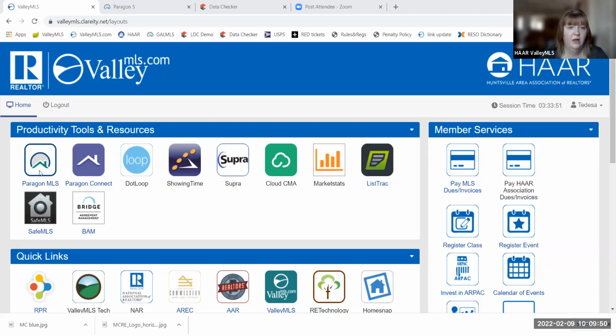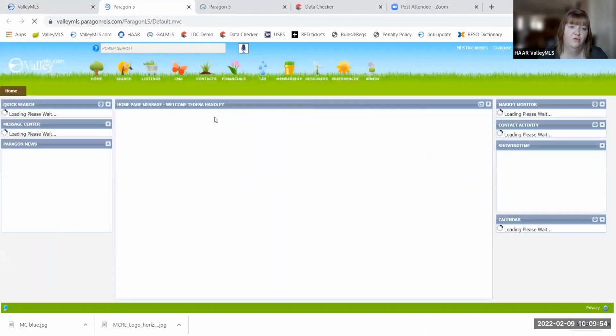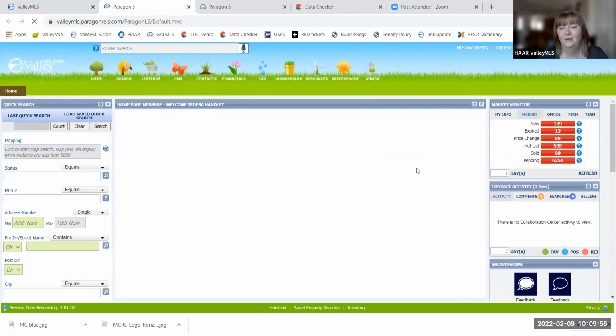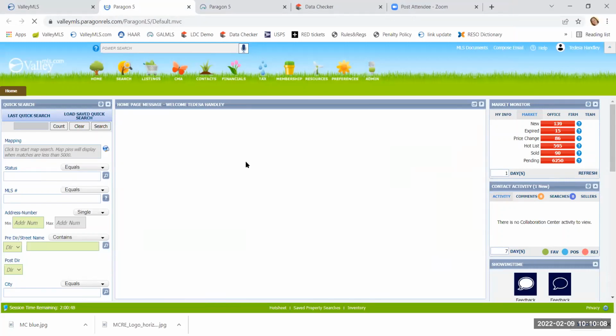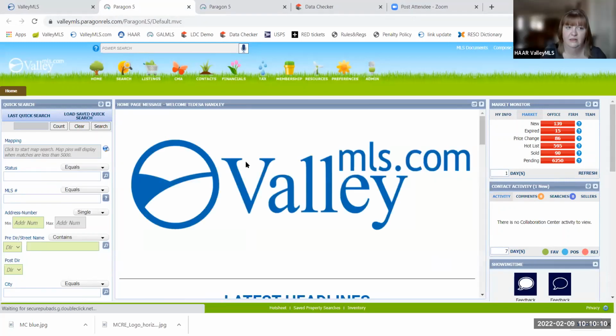When we click on the Paragon button, it's going to open, hopefully, into Paragon. Can everyone see Paragon? Did that switch for you? Okay. So this is your Paragon homepage. Sometimes people will call and talk about the dashboard and think this is the dashboard, or they'll talk about the homepage and actually be referring to the dashboard. It's helpful when you call with a question if we know where you're starting from and from where you assume identity.